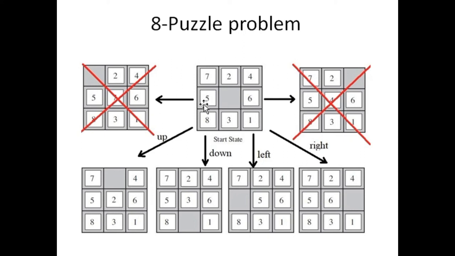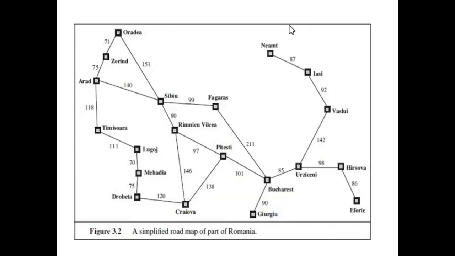In this way, we can represent our problem in the form of a tree. A node will represent the state, and the edges will represent the actions. We will apply every action on this state, and we will generate a new node or new state. So look